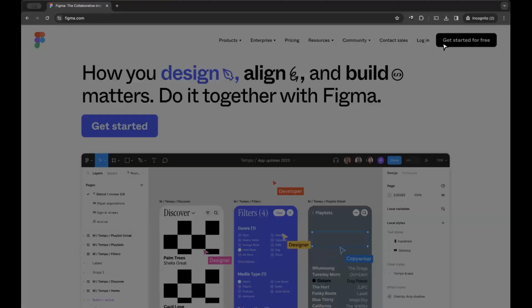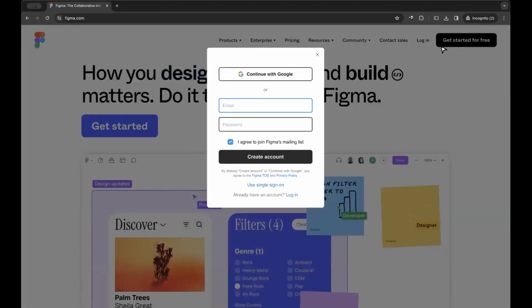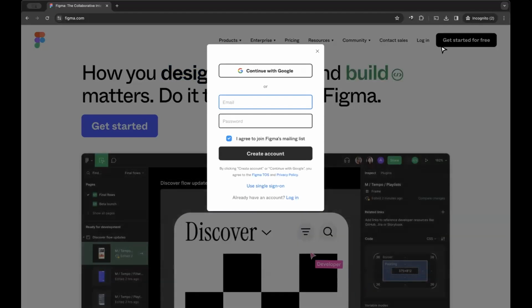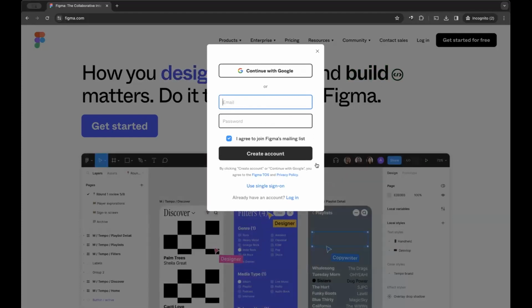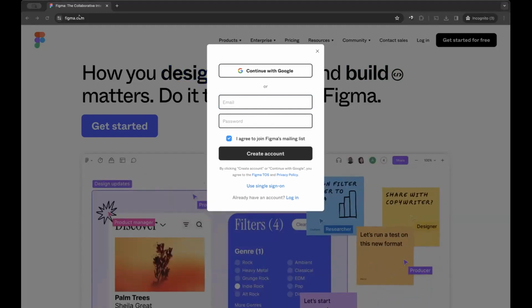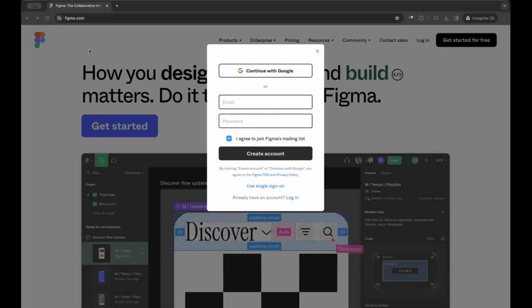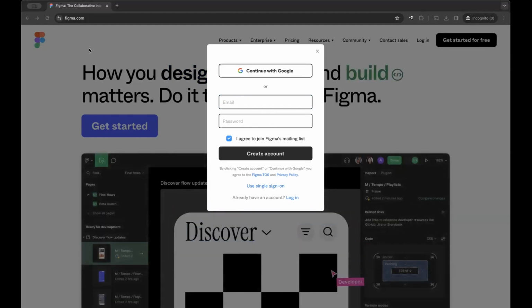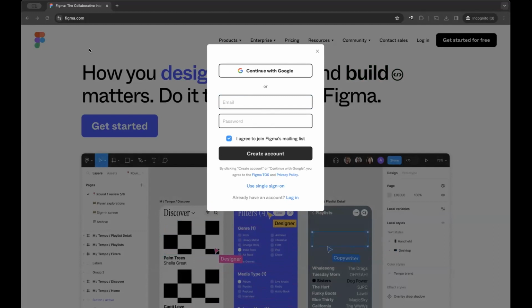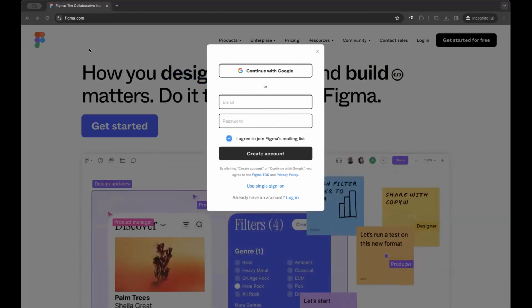But if you are not, click on the top navigation menu, you will see that black button that says get started for free. Do that, then you can create with your email and use your password. If not, you can create with your Google account, which I like to do sometimes to save me stress. What I do is I create a separate Gmail account for all these things, not my personal Gmail account that I have other things in.